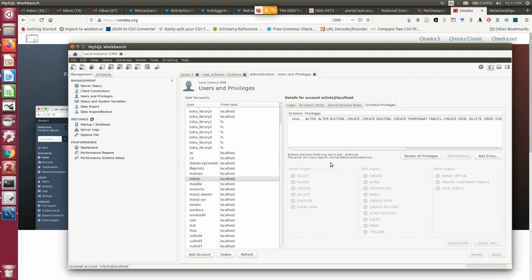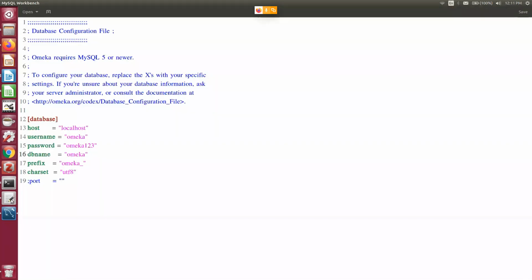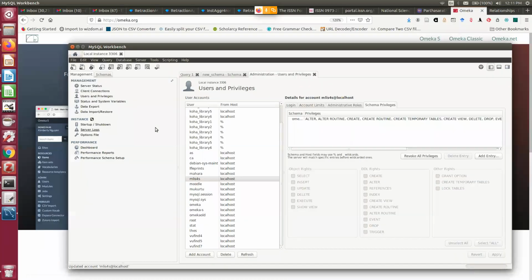Now again, go back to that particular folder, identify the settings.php or db.ini where you can put things like your username, your password, your db name, your prefix, and so on. And character set UTF-8, you already know how to do that when you are creating your database.